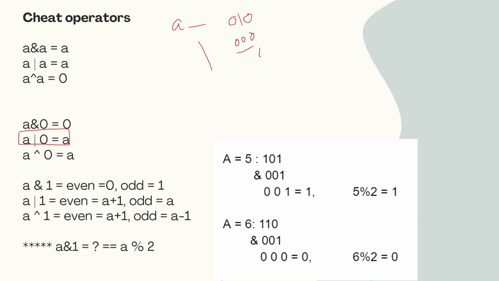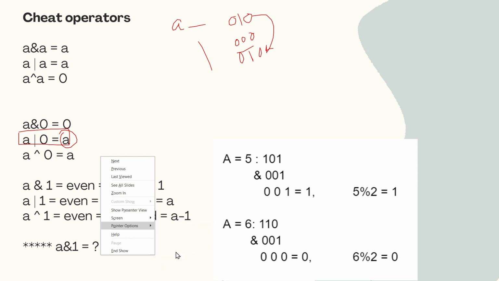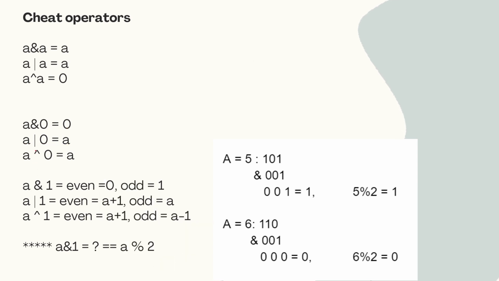0 or 0 is 0, 1 or 0 is 1, 0 or 0 is 0, so you get 0 1 0, which is the same number again. That's why I've written here A or 0 will be A itself. Okay, so simple funda. Now if you take the XOR operator, similarly take any A as something like 1 0 1,